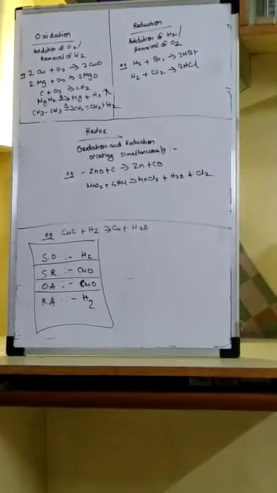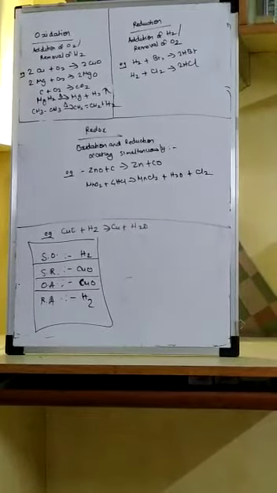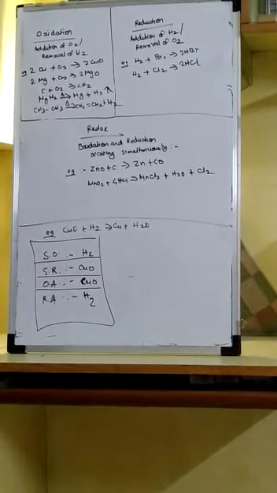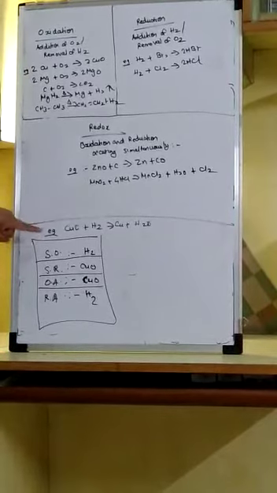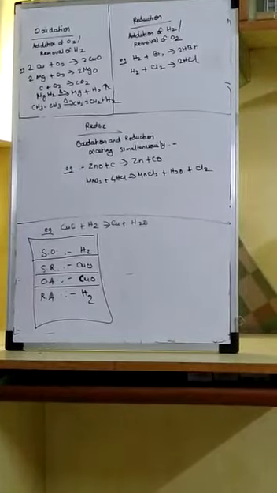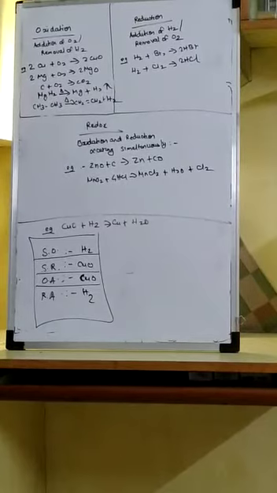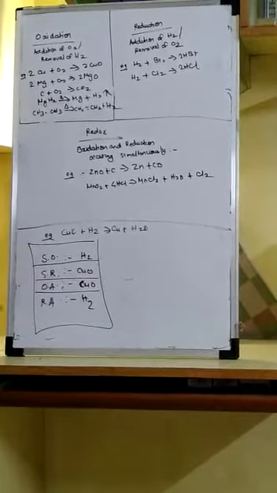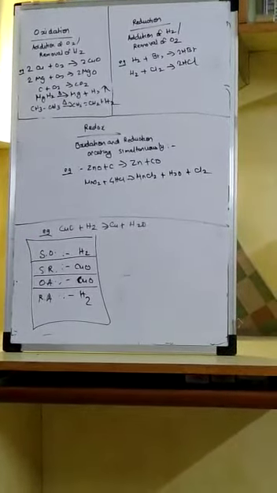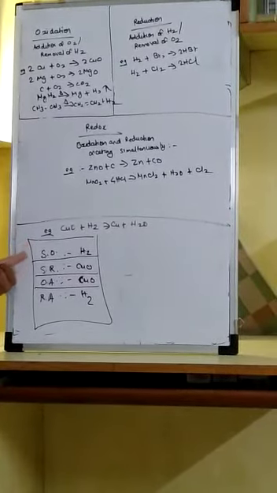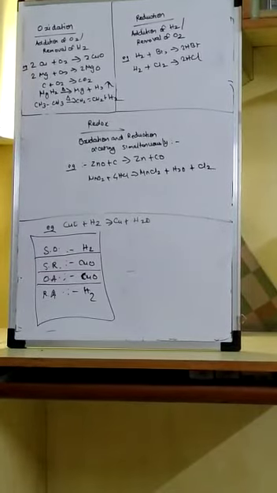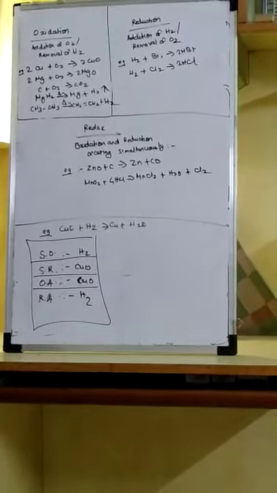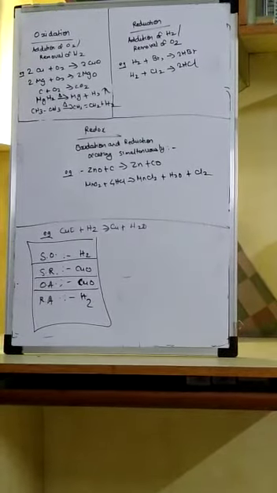One thing to be noted here is that always the substance reduced and the oxidizing agent are the same. In any redox reaction, the substance oxidized and the reducing agent are always the same. Another thing to be noted is substance oxidized and substance reduced are always on the reactant side. I repeat, in a redox reaction, substance oxidized and reducing agent are the same, substance reduced and the oxidizing agent are the same, and both substance oxidized and substance reduced are always on the reactant side.